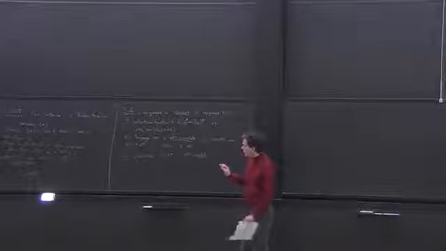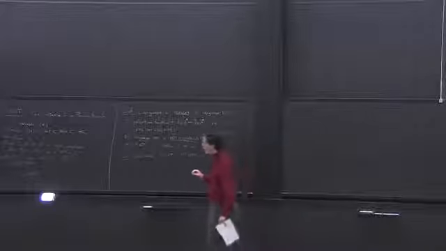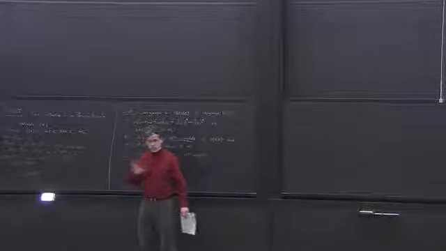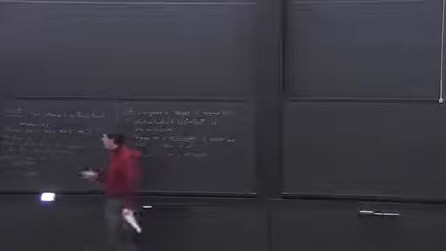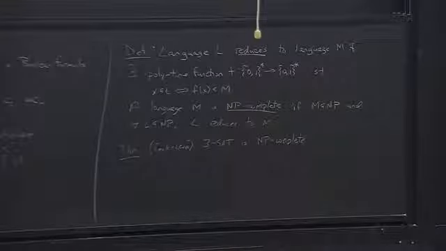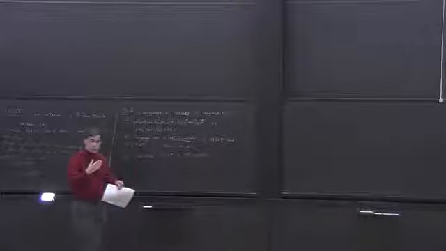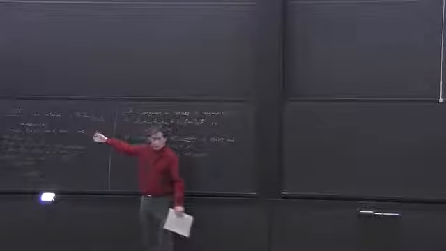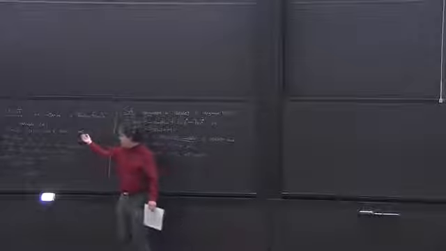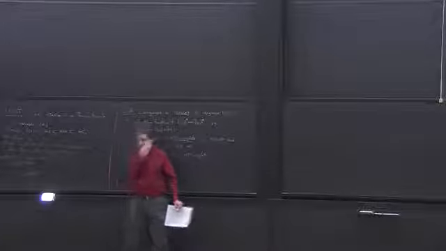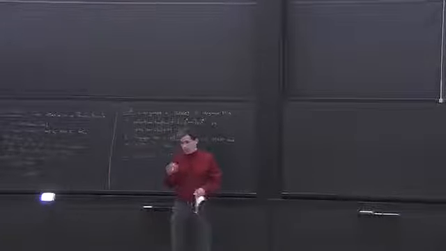The basic idea is this: given any NP problem, you don't know very much about it besides that it's an NP problem. But that means that there's this verifier function. And you can write this verifier function, you can kind of rewrite it as a Boolean formula. In fact, you can rewrite it as a 3-sat formula, a formula with clauses of 3 atoms, because